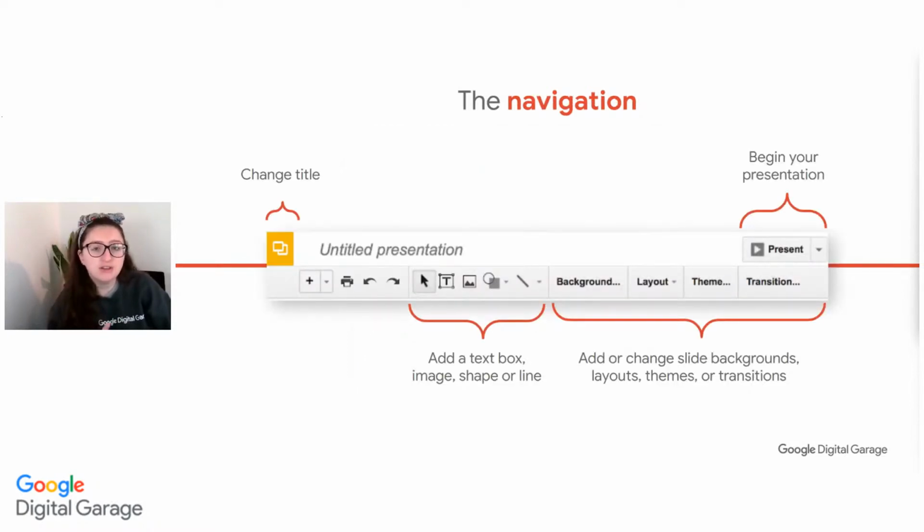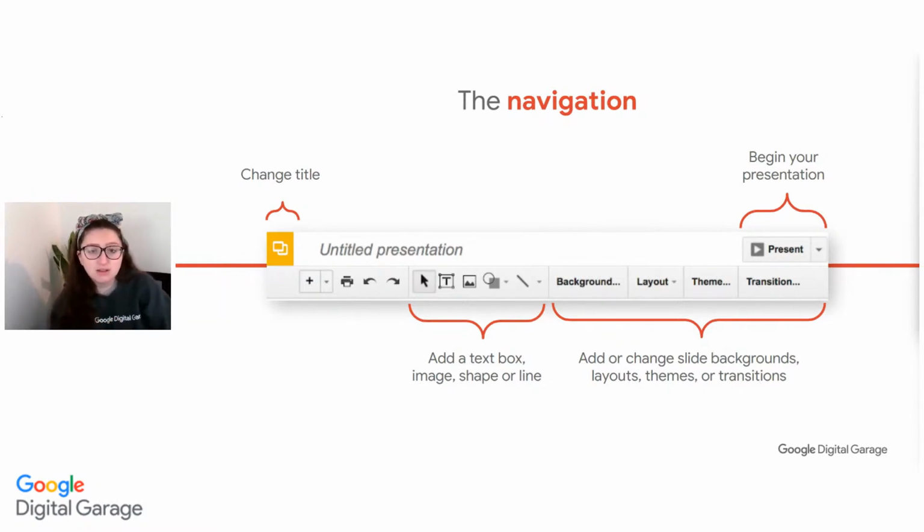In terms of the navigation, if any of you have ever used any word processing software, Word, Docs, PowerPoint, this will feel really familiar. It's set up to be as functional as possible, so don't get too scared about using something new. On the top left, we can add our presentation title, so we know exactly what it's saved as. Along the bottom there, you can see we've got all those symbols that should be recognizable to you. We've got the selection, we've got to be able to add a text box there with that box with a T in it. We can add a picture, we can add shapes, we can add lines and arrows. So that's all in that first section on the bottom.